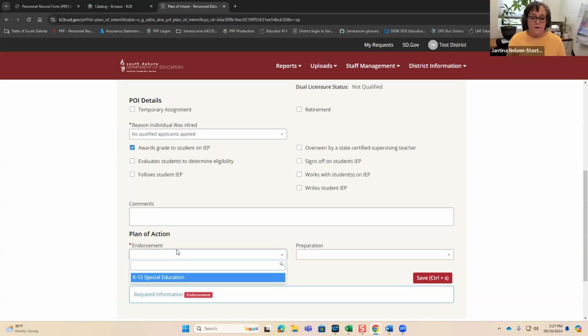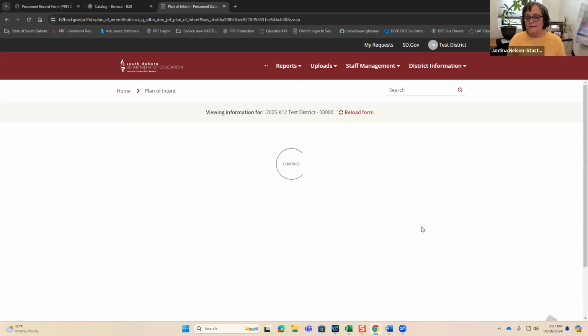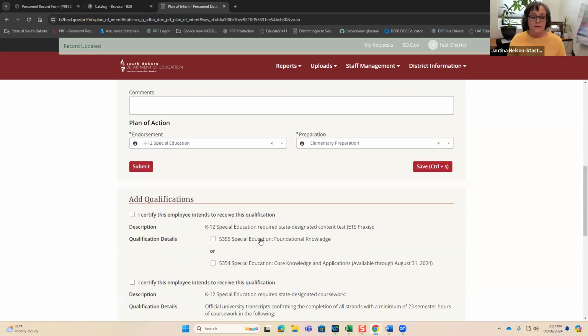As far as the endorsement, based on the assignment, it's going to pull which endorsements this individual could work towards. And it's only special ed in this case. It's going to pull in the preparation that person holds. And you need to remember to click on that save button. Once you click on that save button, it generates the qualifications.